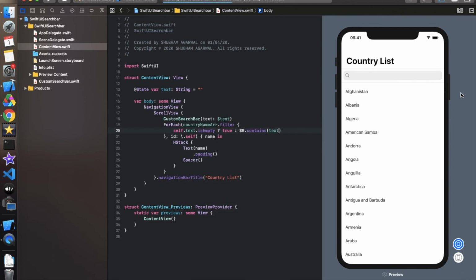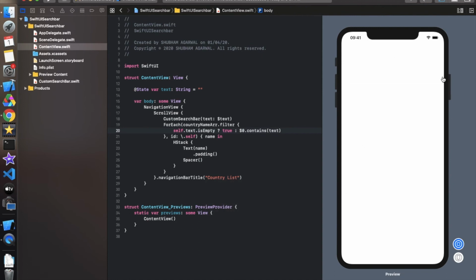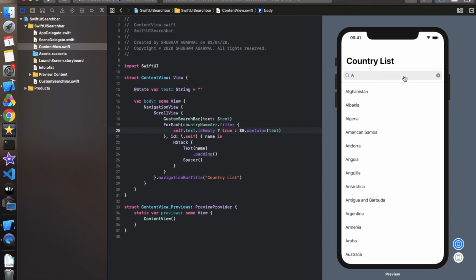Still there are two or three things which we are going to do. So let's see. I'm just typing over here an "as". There is nothing with "as", then "an". It shows the things which have "an". It is also showing Netherlands because there is an "an" in it, but we want the search to match the initial letters only. For example, if we want to search Germany, we write GE, and it shows all the things containing GE. So I only want the elements which have GE as their initial letters.